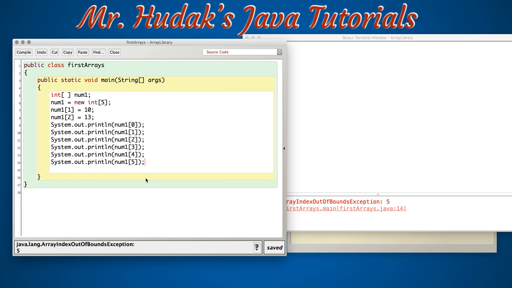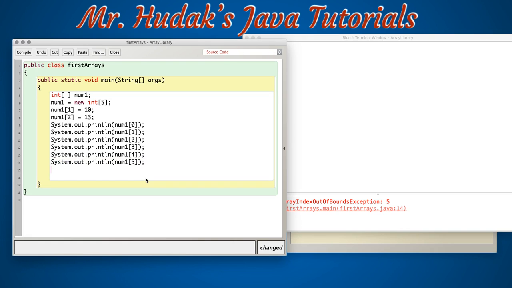So we can always find out what the top index value is. Int top index is equal to num1, that's the name of my array, dot length minus 1. And that is the expression that we will use for the top index: take the array name dot length. Length is an instance variable of the array. It is fixed as final, so it is an attribute of the array, and we say take the length minus 1, and that will be our top index. So if I ask it to print the highest index value,